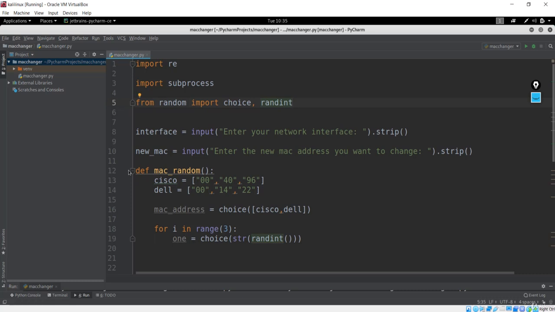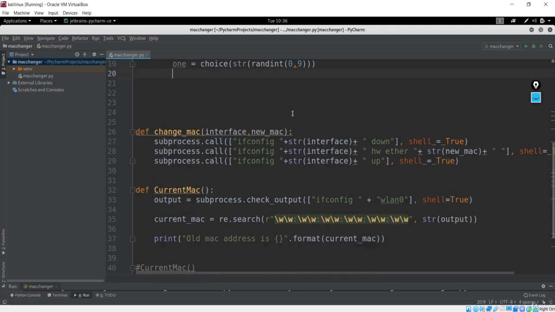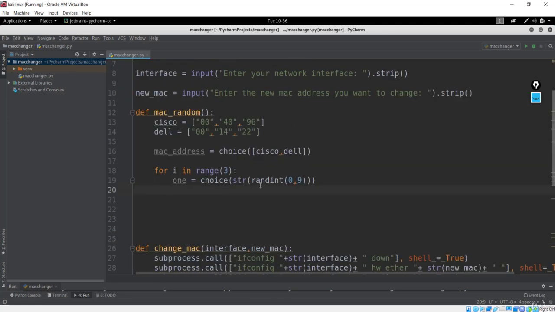Now we have imported both methods from the random module, and you can check the documentation to see how they work. randint gives you one integer at a time based on the range you insert inside the parentheses. I want a number from 0 to 9, so it can be any one number from 0 to 9. It will be random, obviously, since randint generates a random number.